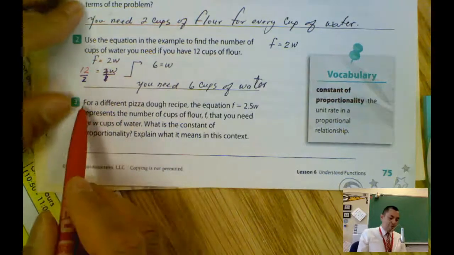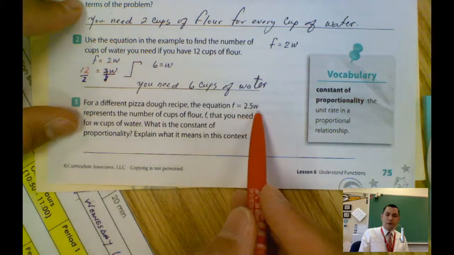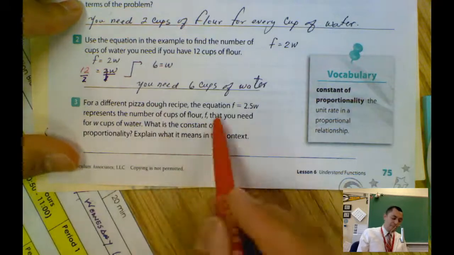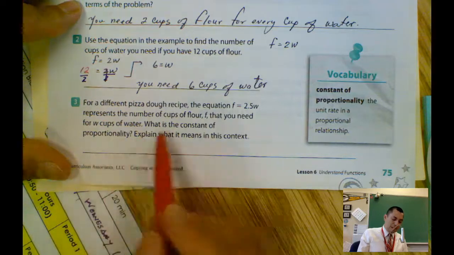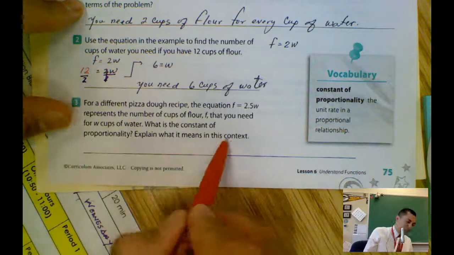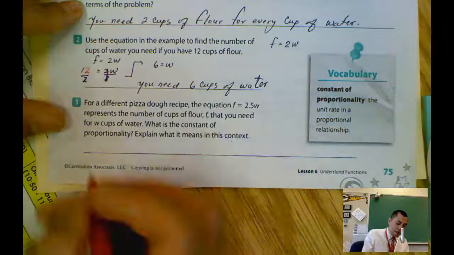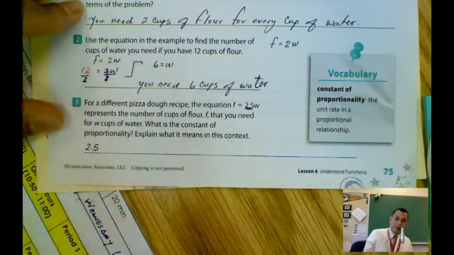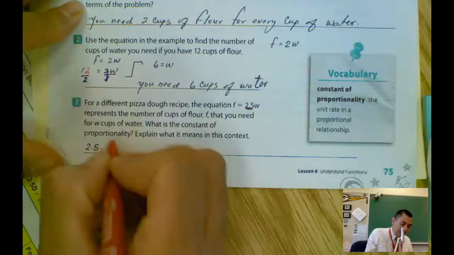And then number 3, for a different pizza dough recipe, the equation F equals 2.5W represents the number of cups of flour F that you need for W cups of water. 2.5 is the constant of proportionality. Explain what it means in this context. So in this case, 2.5 is the constant of proportionality. Okay, I'm going to put it over there because that's the answer. And then you can explain a little bit and say, for each